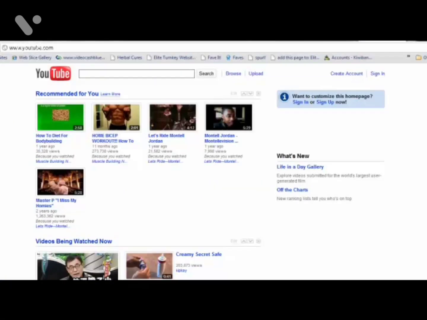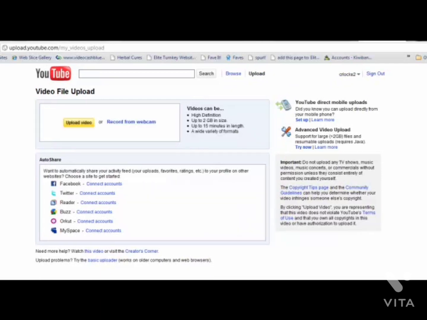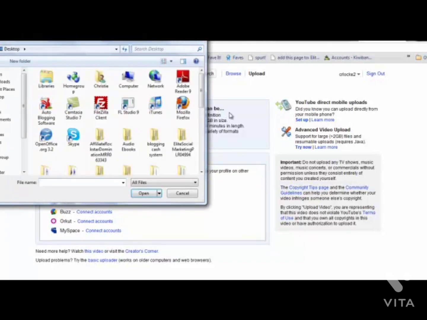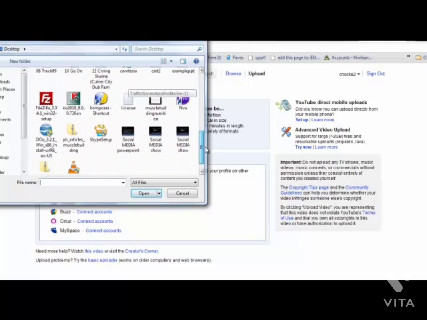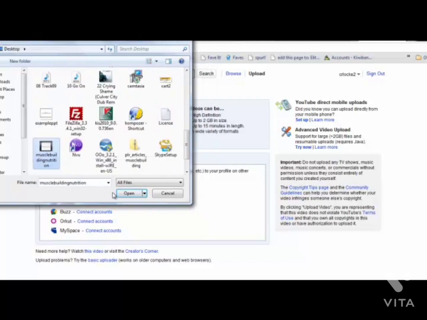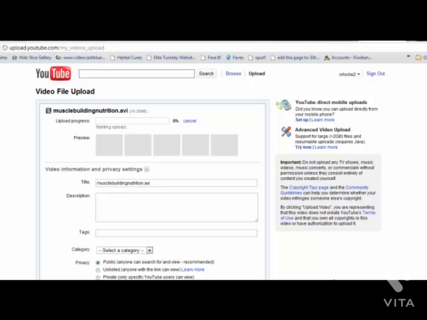Okay, so here we are at youtube.com and we're going to upload a video that we just made. So just go up to here and click on upload. So you can sign in using your YouTube account or your Gmail account, and we're just going to click on upload video and just select the video. Oh, here it is. Okay, and you can see the progress bar here. It'll show you when your video is uploaded,